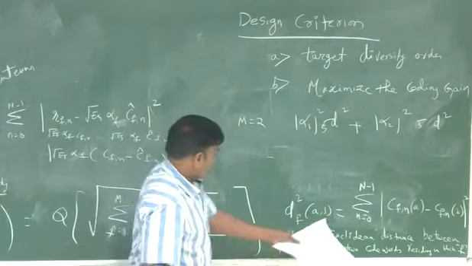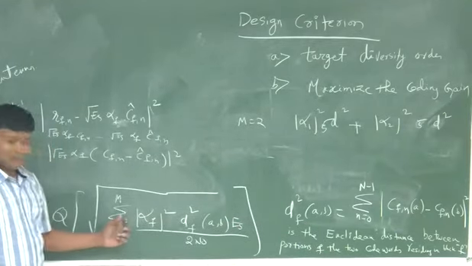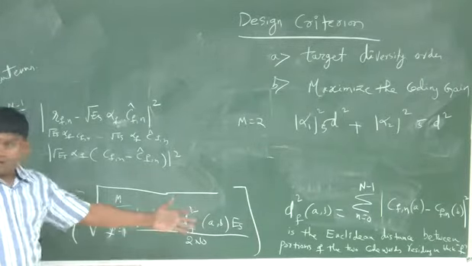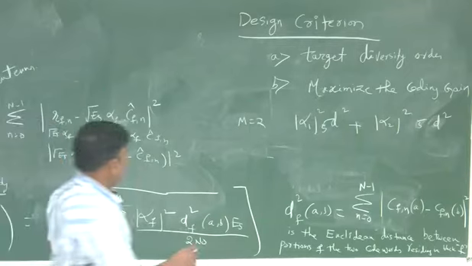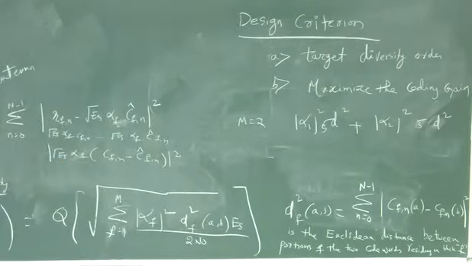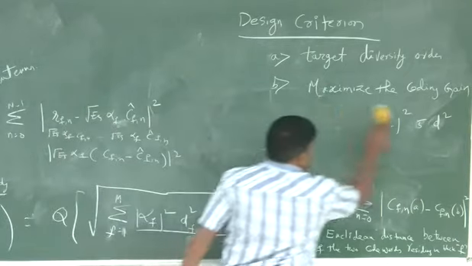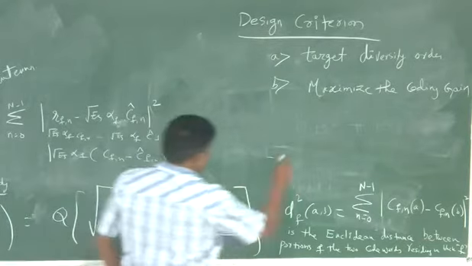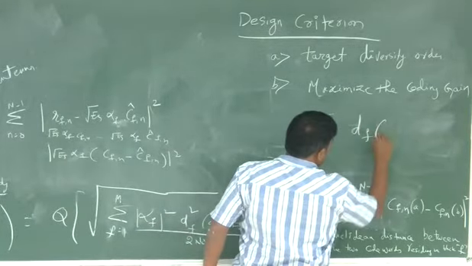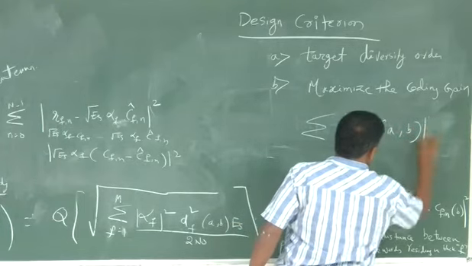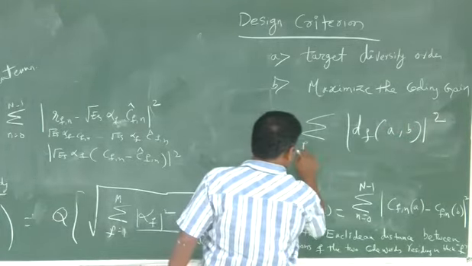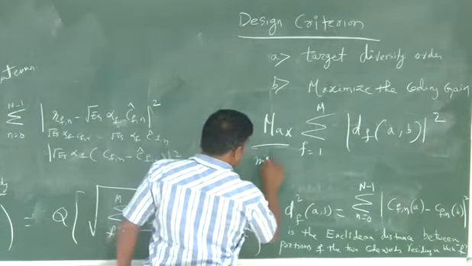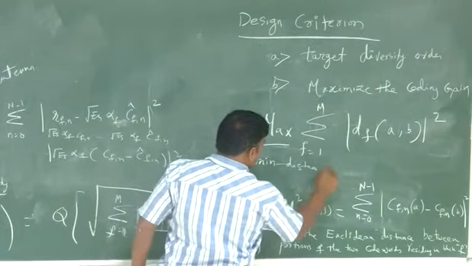We said they are as equal as possible, but at the same time, what is the free Euclidean distance? Without this alpha square, this sum. The free Euclidean distance is, you take this out, as if it is an AWGN, the sum of Euclidean distances should be maximized for the minimum distance error event. It should be maximized for the minimum distance error event. d_f AB squared, still you want to maximize this over f equal to 1, for the minimum distance error event.